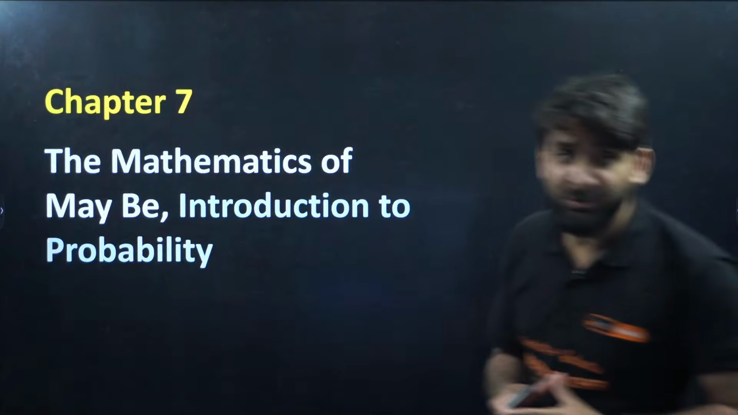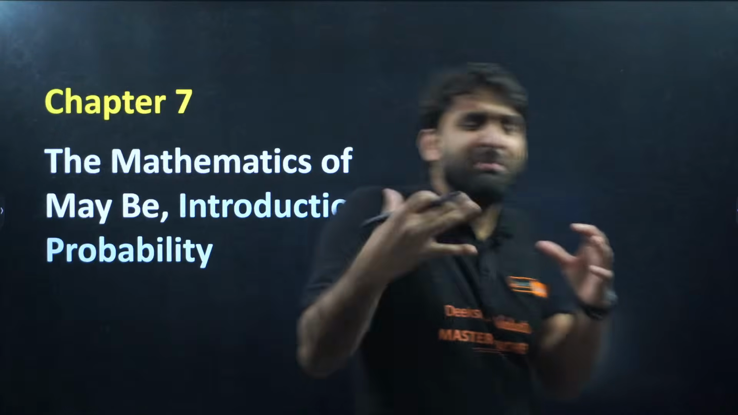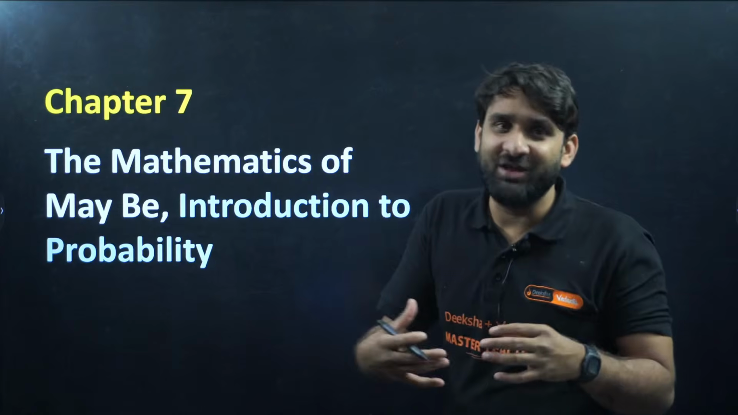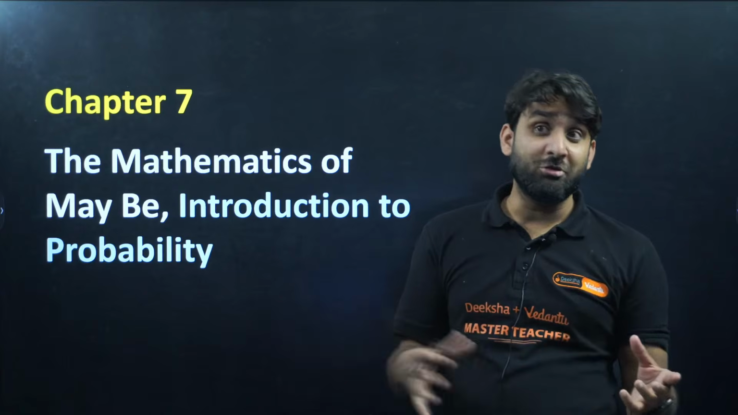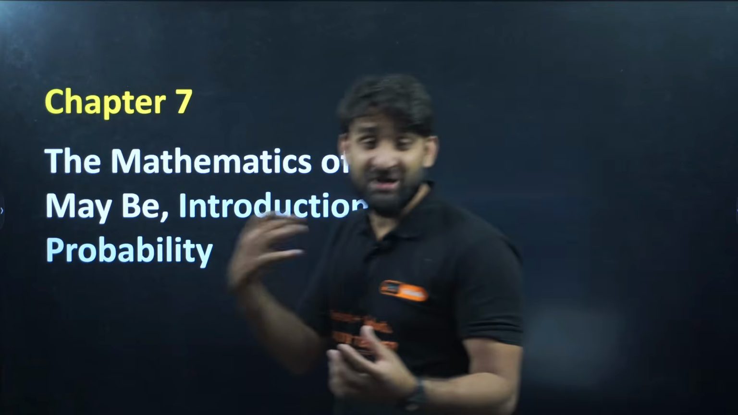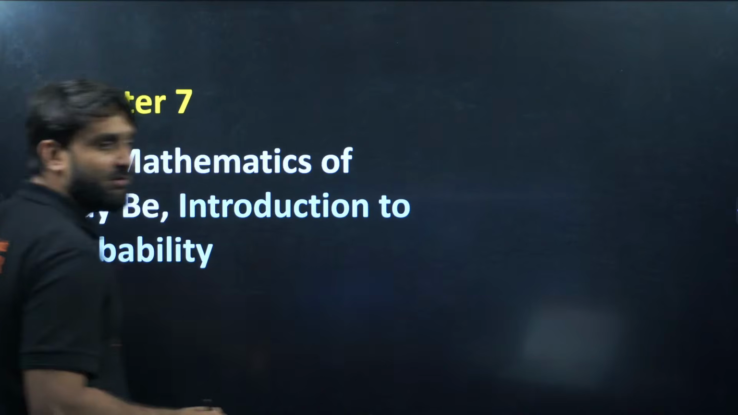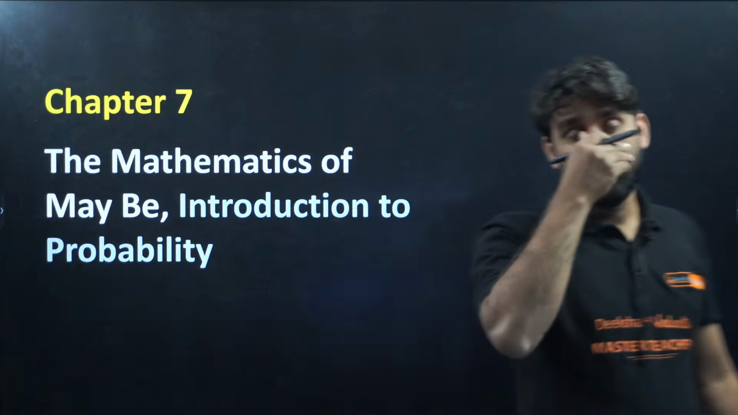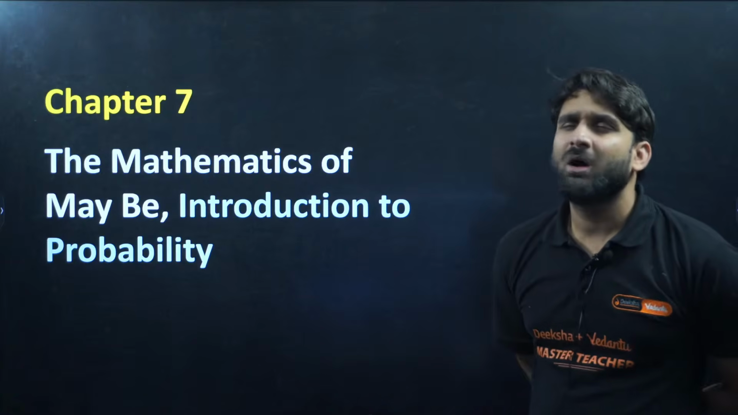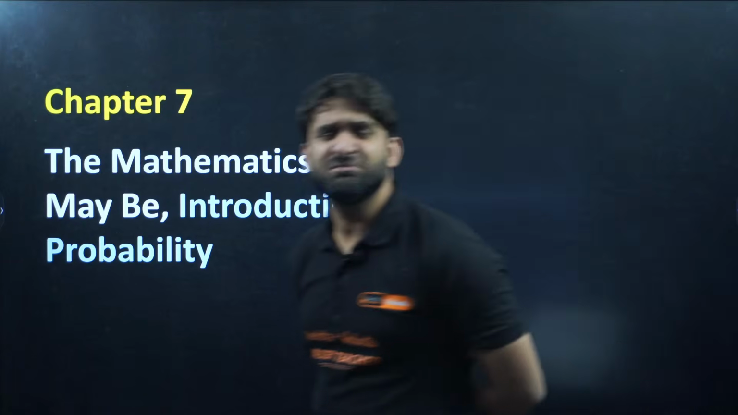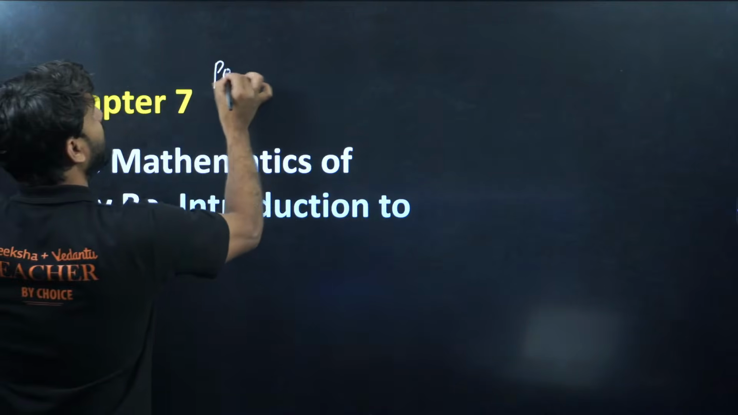Chapter number 7. So, champions, chapter number 7 is basically the mathematics of maybe. You know, we use maybe when we are predicting something, when we are talking about some possibilities, some chances, a chance to happen something, right? So we generally use maybe. If any friend of yours asks, will you be coming tomorrow to play cricket in the ground? You will say maybe. So there is less chance, there is some chance. So maybe. Basically in this chapter we are going to talk about